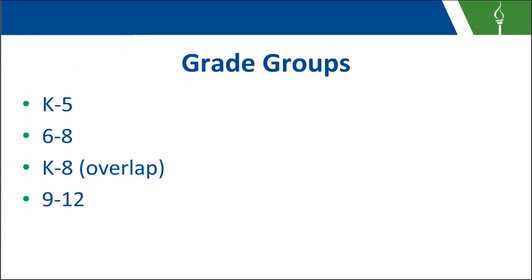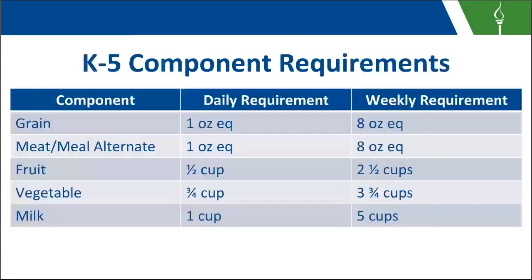There are 3 different grade groups under the National School Lunch and School Breakfast Program as far as meal patterns, with an overlap between the K through 5 and the 6 through 8 meal patterns. Starting with the K through 5 grade group, we have 1 ounce equivalent of grain and meat alternate that need to be offered each daily,